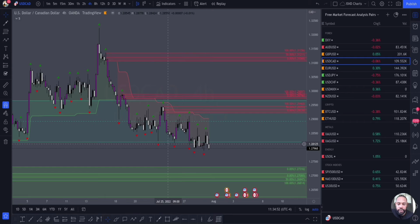Okay, supply is taking out demand. All right, just breaking demand. This last 4-hour did not break this demand, so I wouldn't give this a supply. I wouldn't give this as a supply zone, but we do have, looks like this has been mitigated. Let's take a look here. Yeah, that one has been mitigated, so I'm typically looking to take my trades from unmitigated zones. Okay, so